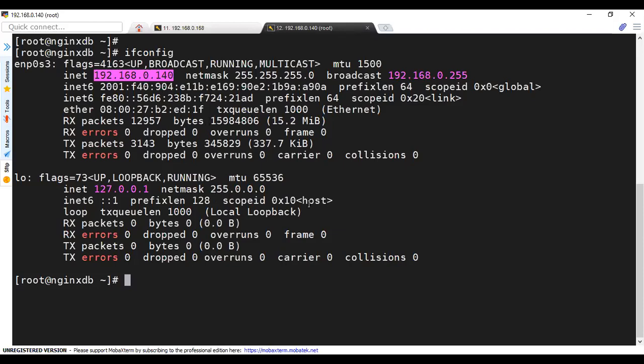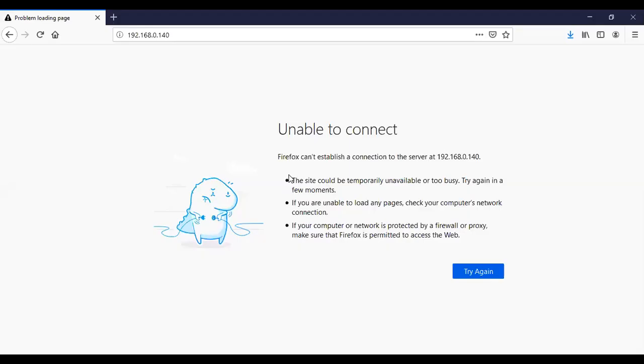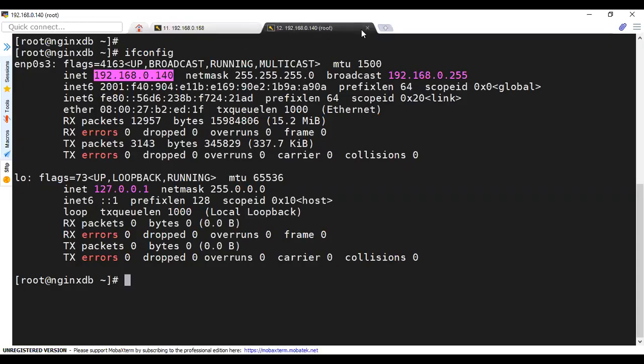If I try to access this specific IP address from my browser, let's see what happens. If I try to reload this page, I can see that it is showing as unable to connect.